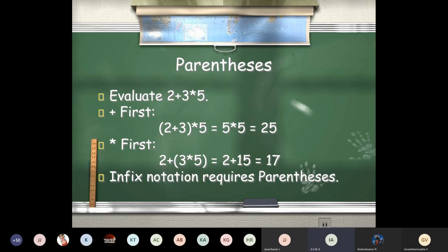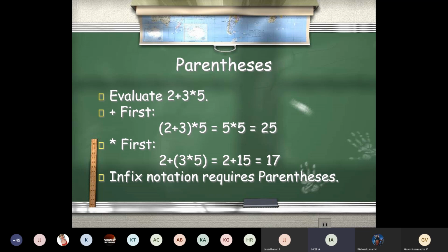Here we should also concentrate on whether your expression has parentheses or not. If there is a parenthesis, we can identify that parentheses take highest precedence. We have to give utmost importance to the parenthesized expression first. That we should evaluate first, then we go for the other expressions. Based on that, I'll give you one example.